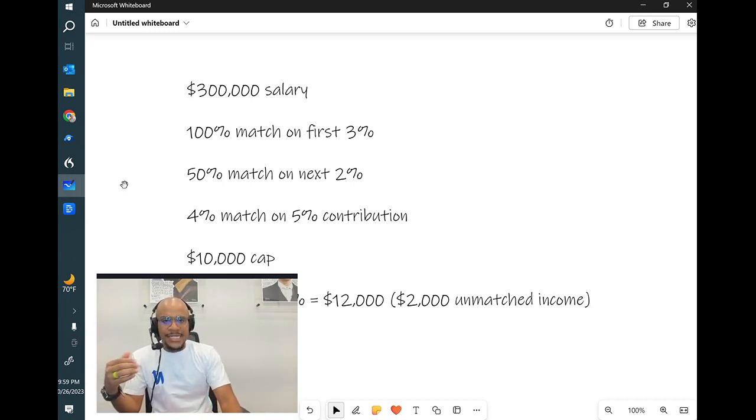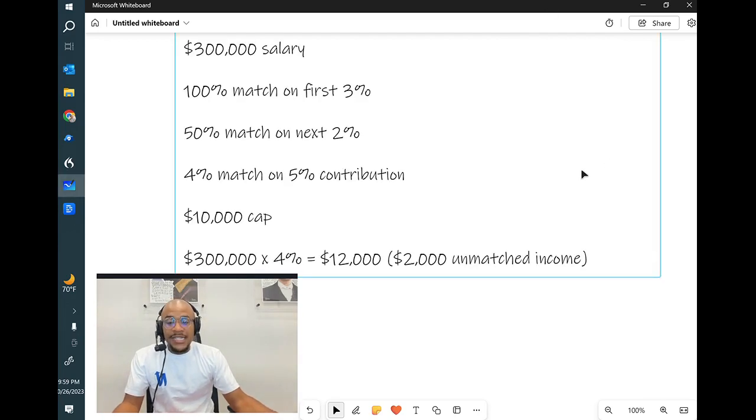If you have a job that has a match on your 401k, they often have terms that will tell you what percentage of that contribution they will allow you to have as a match. The problem, however, is that in addition to that matching contribution, these employers also put a cap on the dollar amount that they will contribute in matching dollars towards your plan. So for example, they may say, we'll give you a 3% match on contributions as long as that 3% does not exceed $10,000. $10,000 is the most that we will contribute to your plan on behalf of the company.